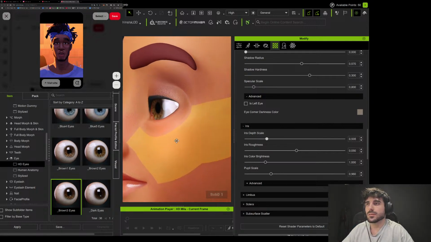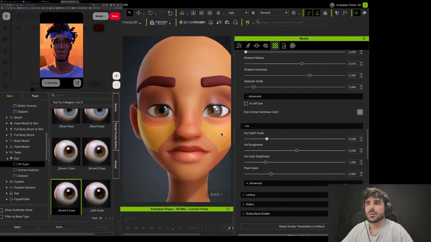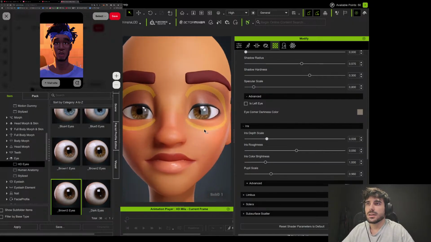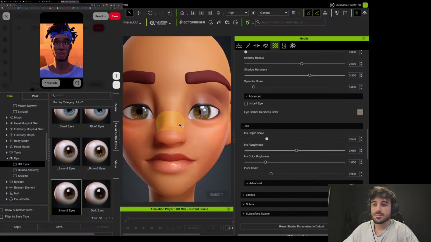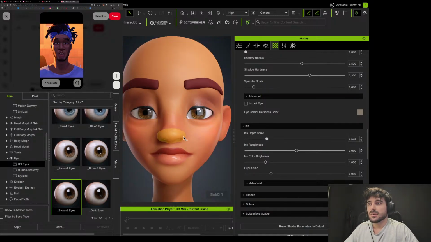Okay, so it's a little bit better. I kind of like the large iris. What's up? Even though it's still kind of like Disney type of stuff. But